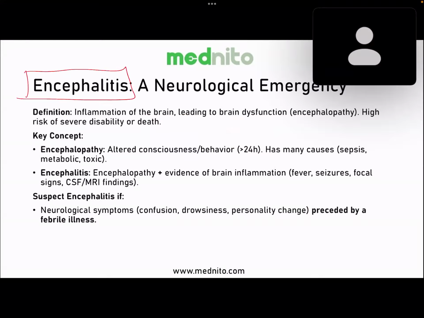Encephalitis. If the patient has got seizures, if the patient is confused, if the patient has not got normal consciousness, why? Because the seat of consciousness is the cerebral cortex. If the cerebral cortex is involved, the patient becomes lazy, drowsy, muddled, unable to speak, and has seizures. If you've got all these features with raised temperature, it is encephalitis.